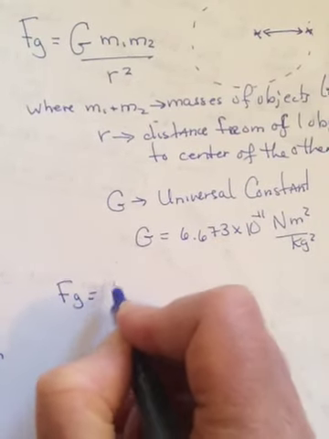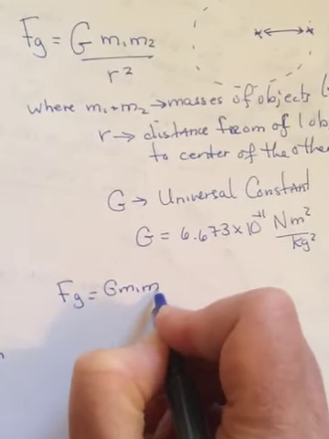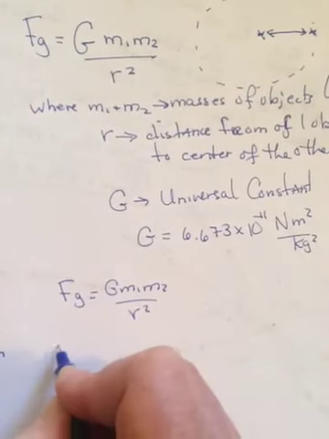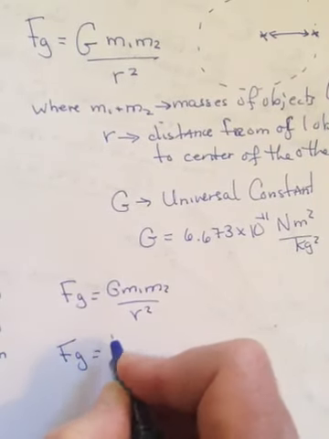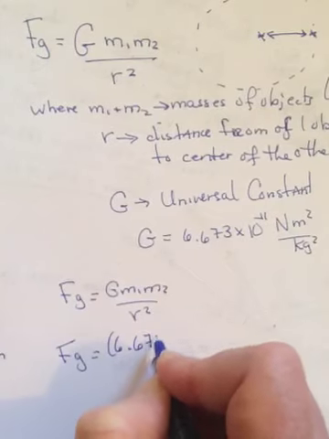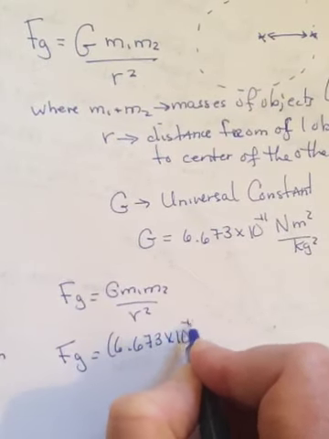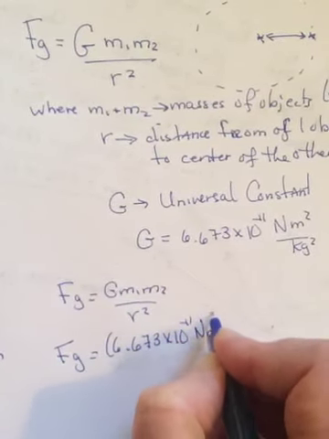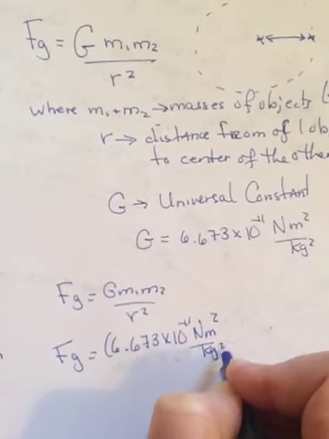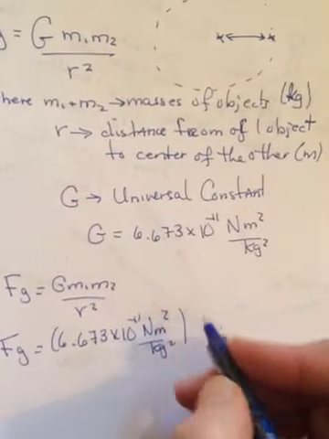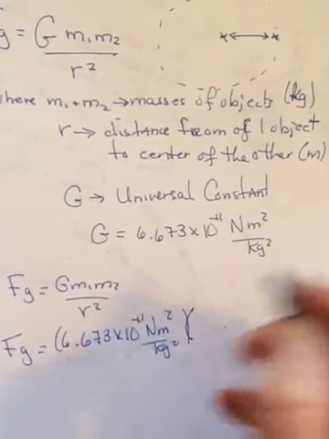So Fg is equal to G M1 M2 over R squared. So Fg is equal to 6.673 times 10 to the negative 11 Newton meters squared per kilogram squared. And don't worry, you won't have to memorize this constant. I just want to show you so you understand